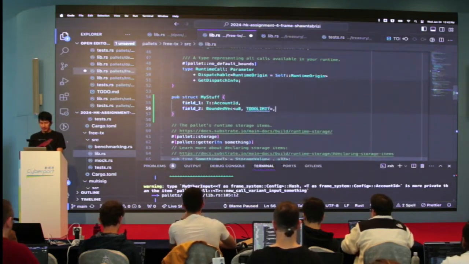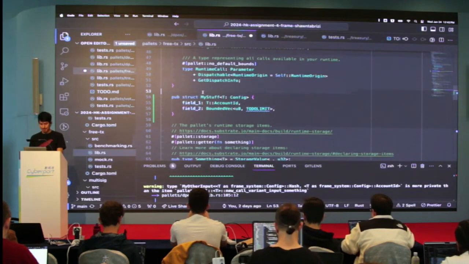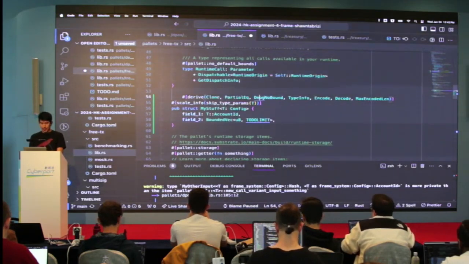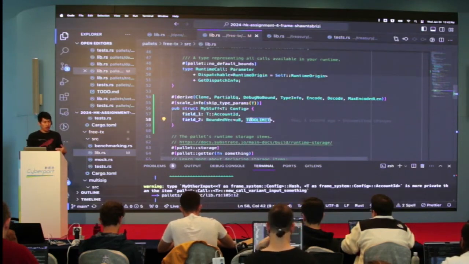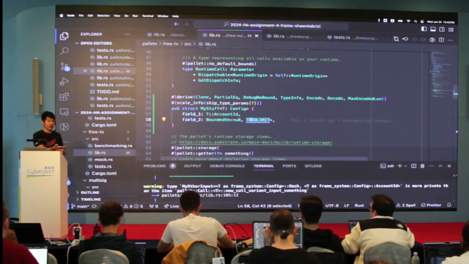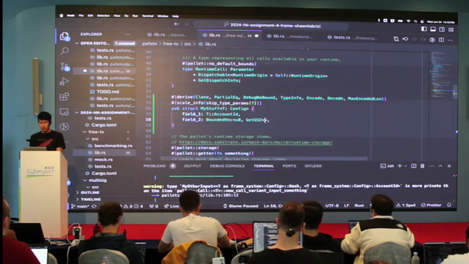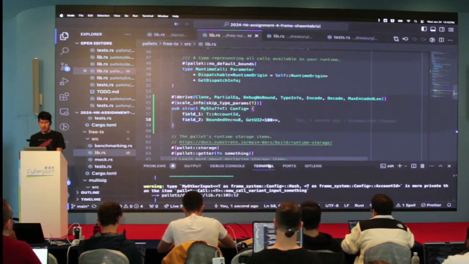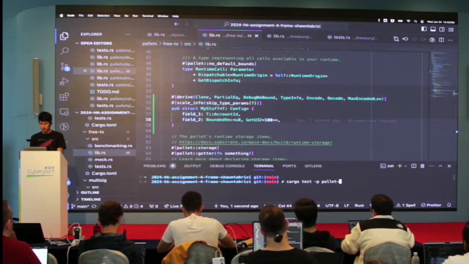Now we have to make this over T config. We have to do the copy paste. Let's copy all this T stuff. The first thing is there are two ways you can do limit. I'm going to do the hard-coded way, and then I would like to show you how you can make a configurable limit, because that's usually the more common thing. The hard-coded way is you do get u32 100. I think this is correct. Let's see if this compiles.